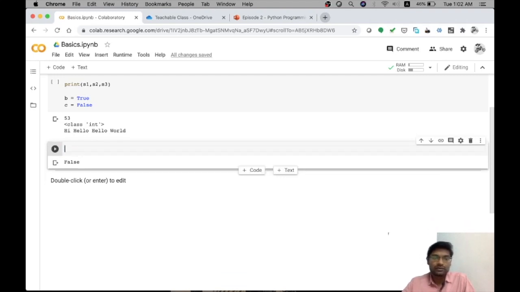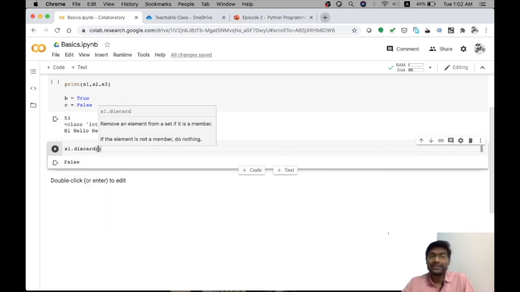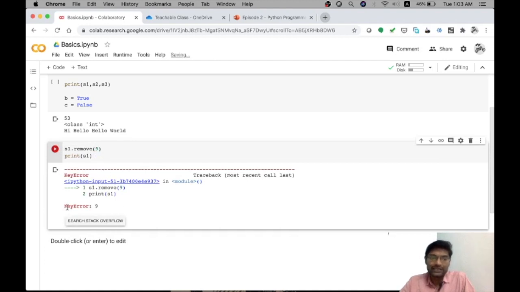Okay. One other command, discard, we did not check. Its purpose is similar to remove, but in the case of remove we would have got an error when we tried to remove a missing value; in this case it will not throw an error. To understand this, let me try to remove a value of 9 from S1. There is no value 9 in the set and it did not throw any error. So that is the purpose of discard. But if I had used remove here and tried to execute it, it will throw an error of this kind: KeyError 9, 9 is not present in set 1. So that is the difference between discard and remove.